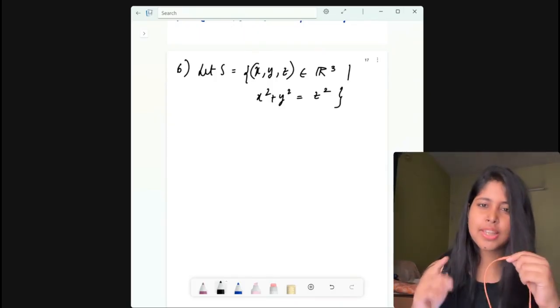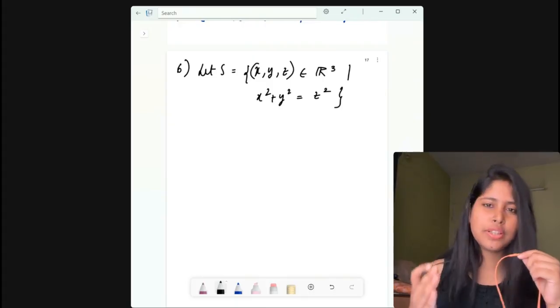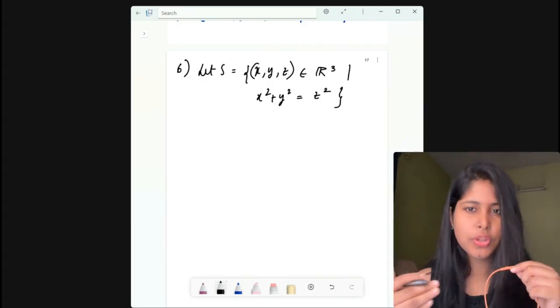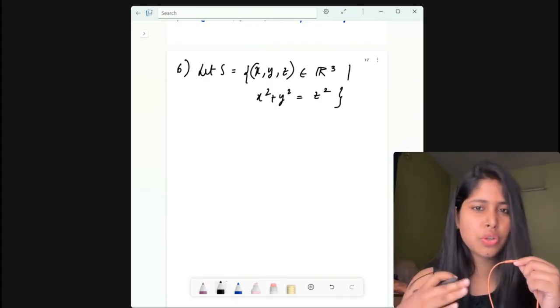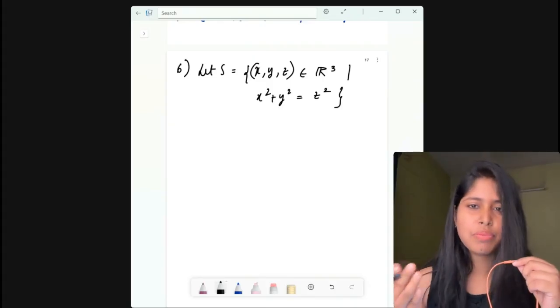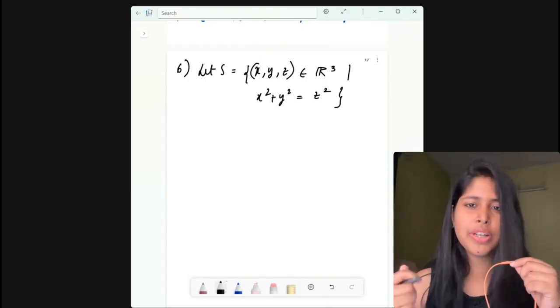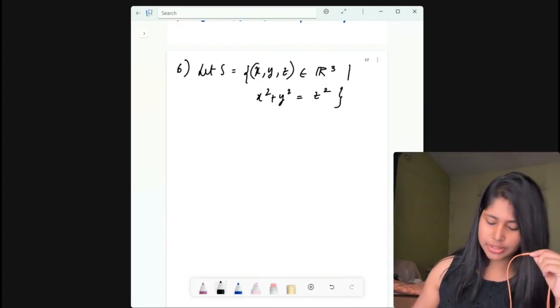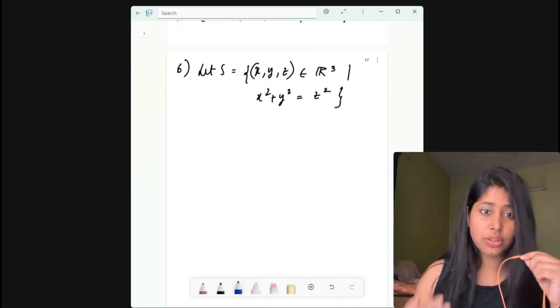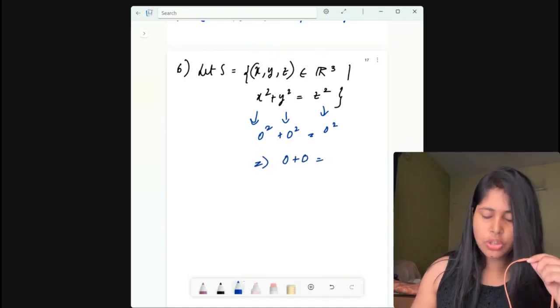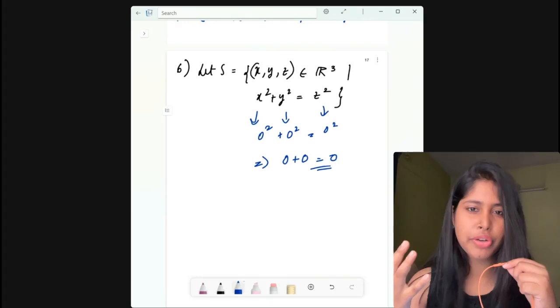It's very interesting because in the first step you will see that the zero vector will hold. If we put x to be 0, then it will be 0 square, and y to be 0, then it will be 0 square. So 0 square plus 0 square is equal to 0 square, where z is also 0. Mentally, this is 0 plus 0 is equal to 0. So the first condition, the zero vector, holds.